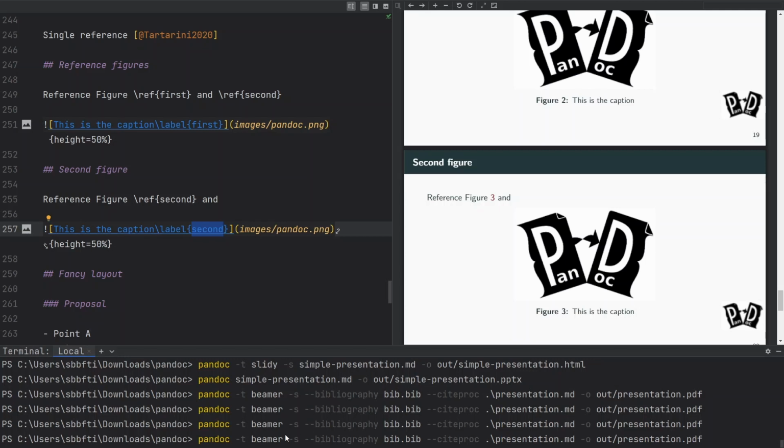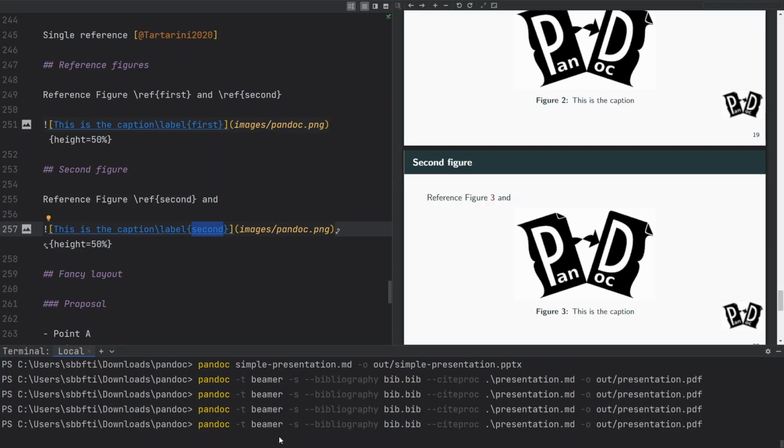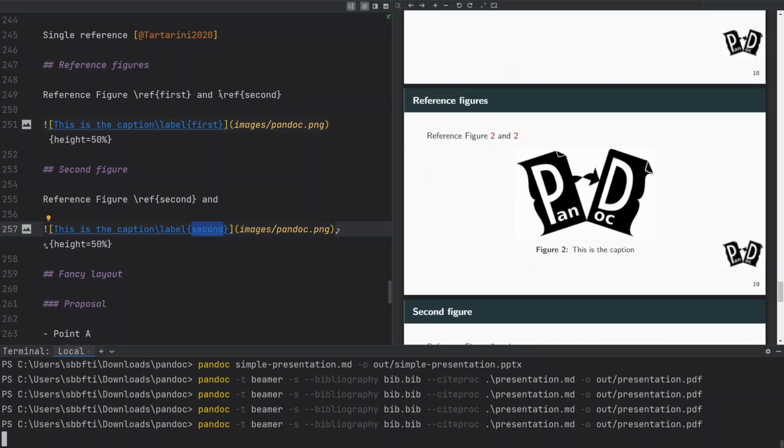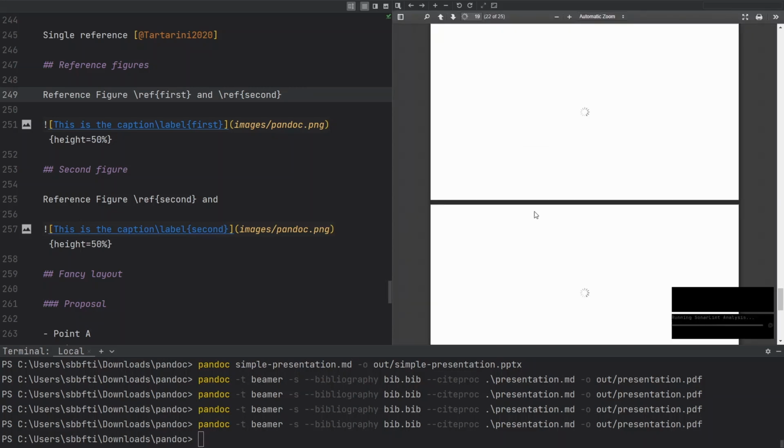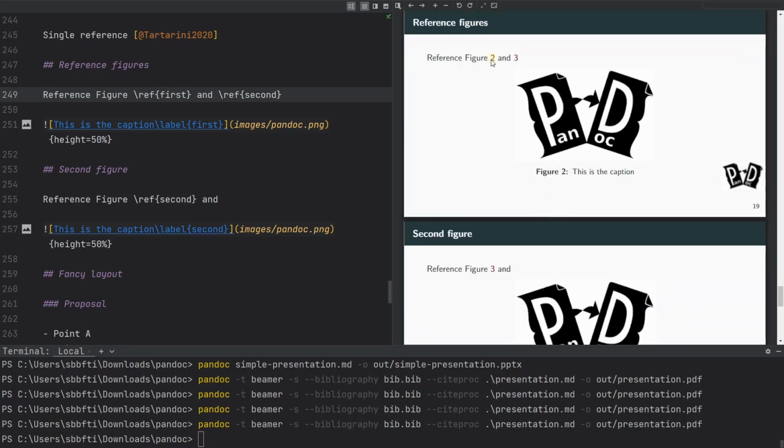Let me go here in the terminal and recompile the document while I explain. You can see that now there is an error. I was referencing first and then first again before, but now we want to reference first and second. This is compiling our document, and it's going to update this number from 2 to 3. Great, it finished compiling, and as you can see, we fixed that error.